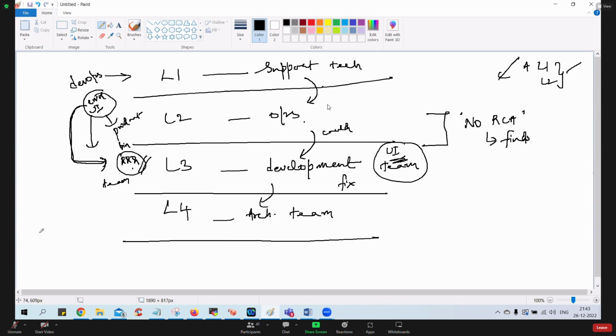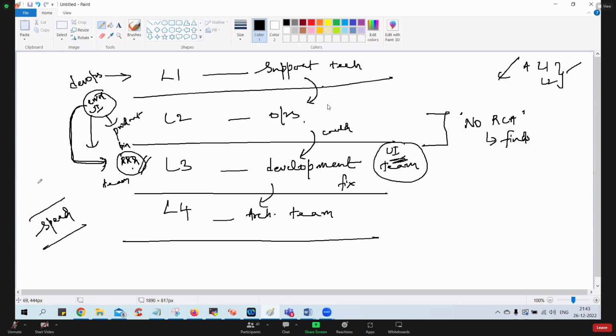Don't you think that they have sped up now? Is it slow or a speed, guys? Is it slow like Agile now? It's a speed. Interestingly, no RCA. RCA itself will take 1 week of time for them. First of all, create the RCA, something like a CBI investigation: do investigation, produce that data, talk to that guy, convince them, and then they'll start working. So all these jungle things are gone here. Clear? That's the reason in the DevOps model, even when issues come out, things are moving fast.